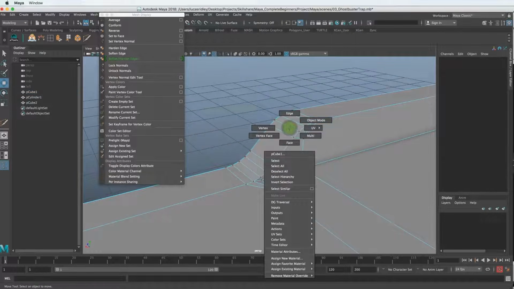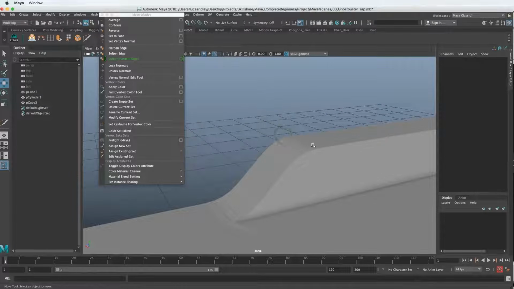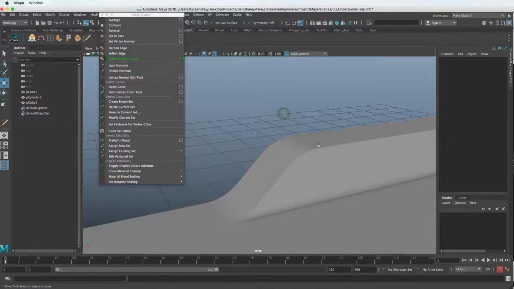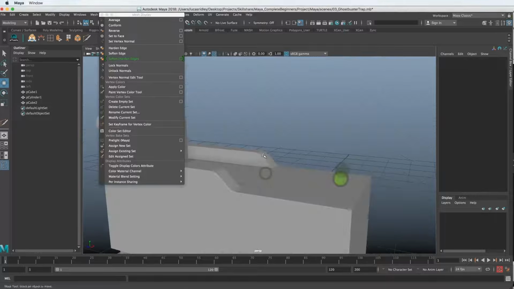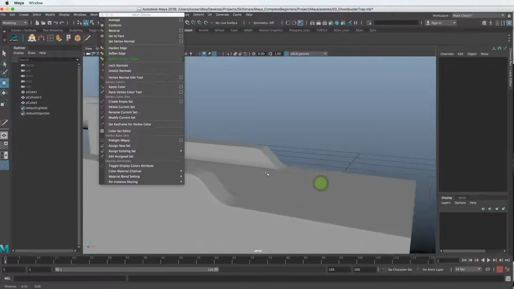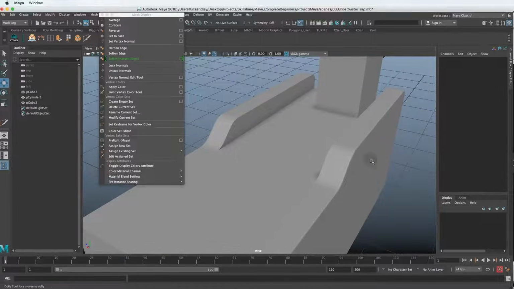Whoa, my computer thinks I'm right clicking when I'm not. We get these hard edges here. You can see this gradient from dark to bright and these stepped colors. To get rid of that, let's select the object and go to soften, harden edges. When we do that, it will soften and harden the right edges in the right areas. So now we do not have those weird colored areas that we were getting before. That's a way to get around that and to get these smooth areas to look smoother.